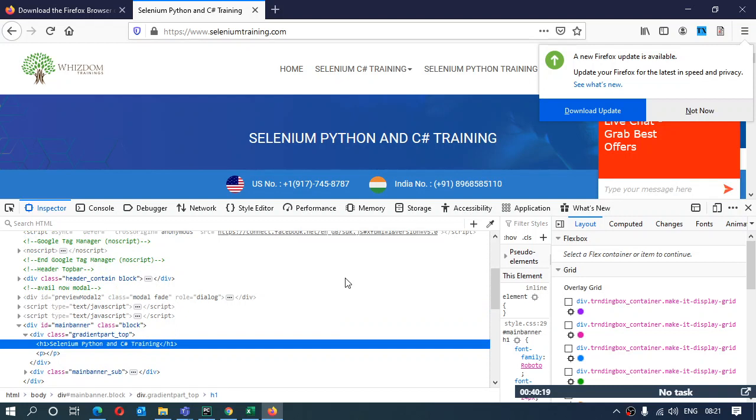Now Firefox gives preference: if some element has an ID attribute, it's going to give you the partial XPath. Otherwise, it's going to give you the complete XPath. Right? This is always followed every time.